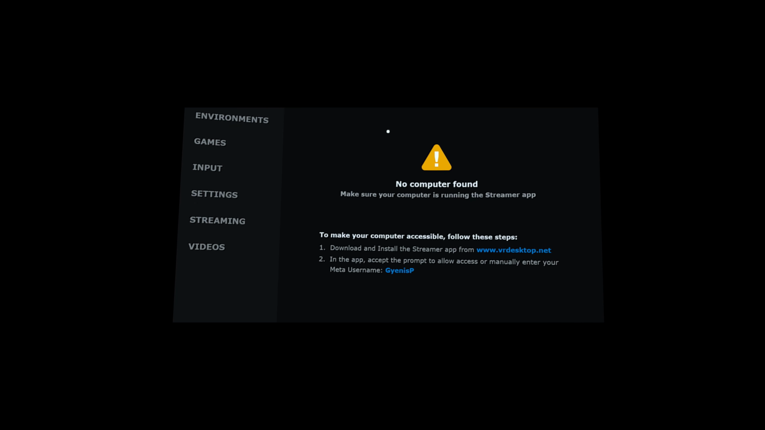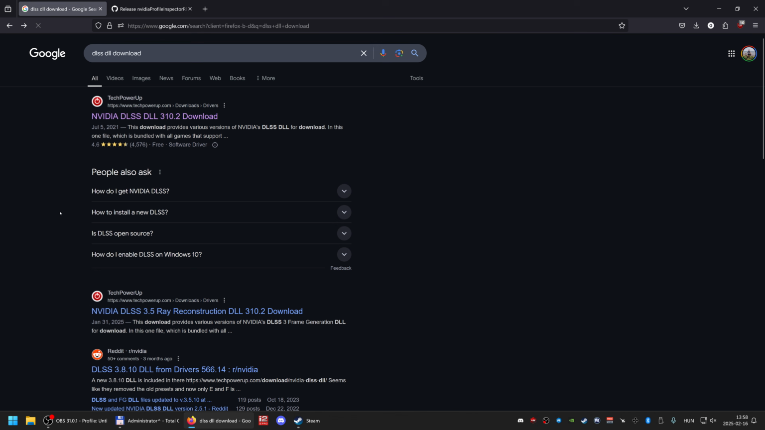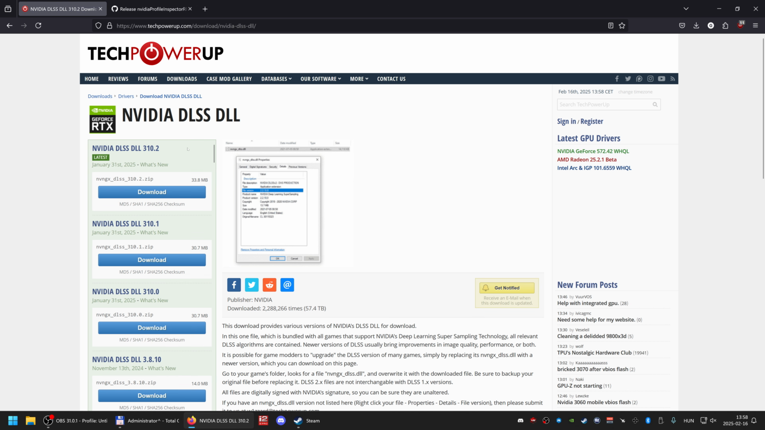Next step is DLSS 4. So let's go back to the desktop. In order to use DLSS 4 instead of DLSS 2, which is stock on ACC and pretty old and looks very, very bad, you first need to download the newest DLSS. Just search DLSS DLL and download. There will be a TechPowerUp page, and at the top there will be the latest. You download it,